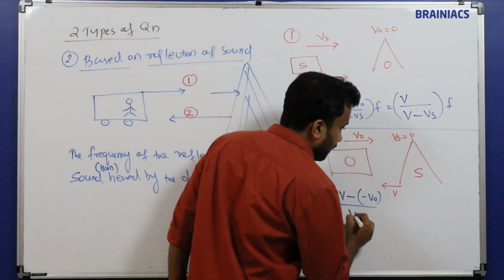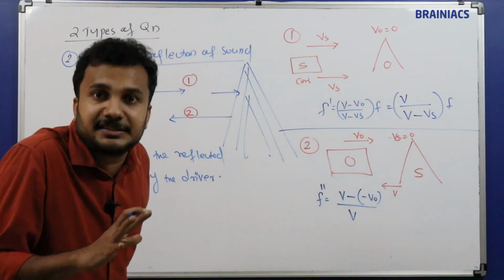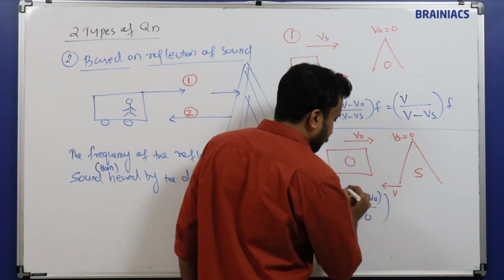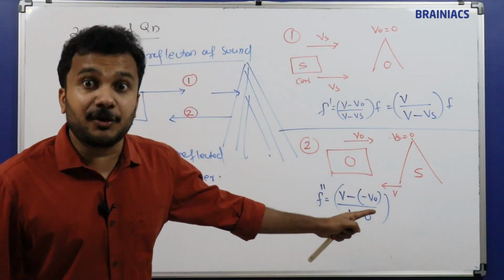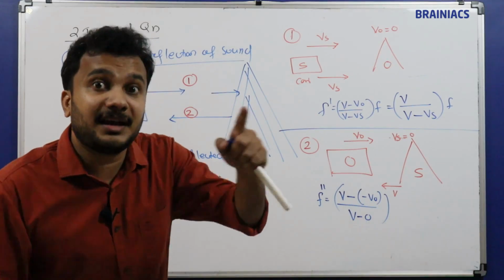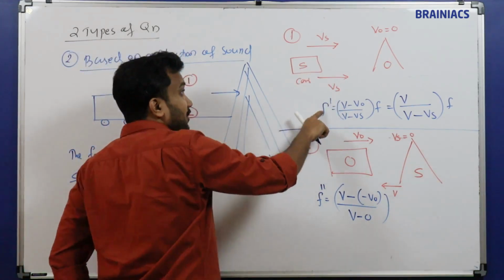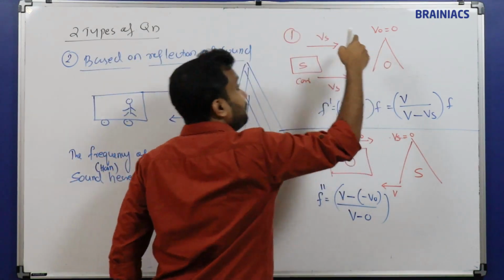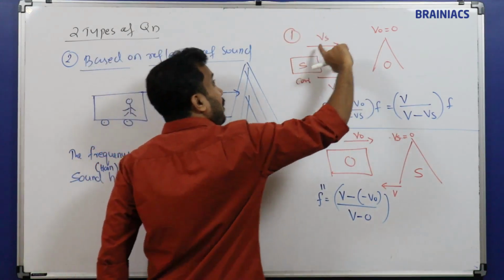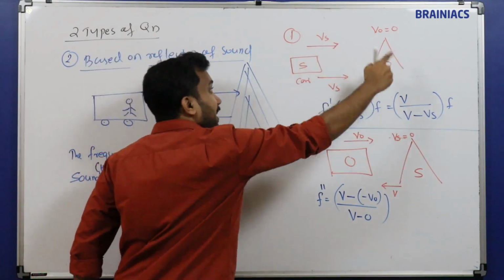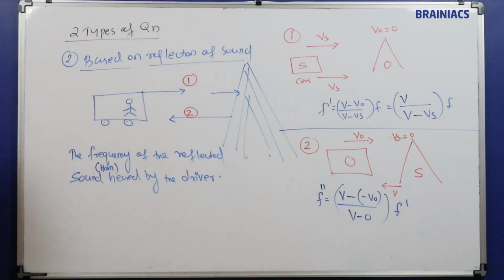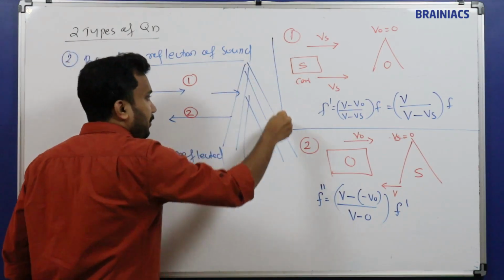V minus Vs. Now the source is moving? No, that is a hill station or it's a tower, it is at rest. So V minus 0 into here F and the but what has to given there? F dash, because the F dash is the frequency here, F is the frequency here. Now I am hearing the sound from F dash. So F dash has to substitute here. So this is very important.